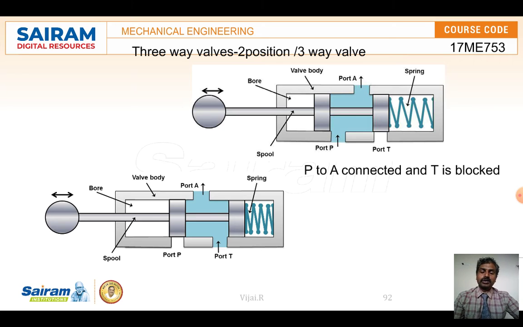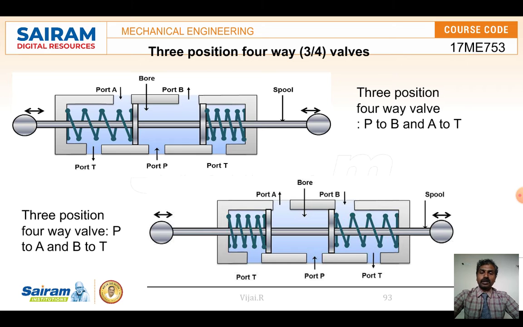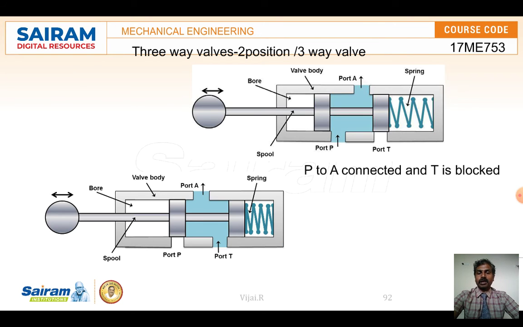During the operations, to operate the actuators for forward or backward motion, we need to supply the fluid either to the front side or the back side. So if we want to supply one side, we have to make the path for it, and for the other side again you have to make the path. So here we are using the direction control valve. When it has two paths, forward or backward, we select the different directions by moving the spool backward and forward.